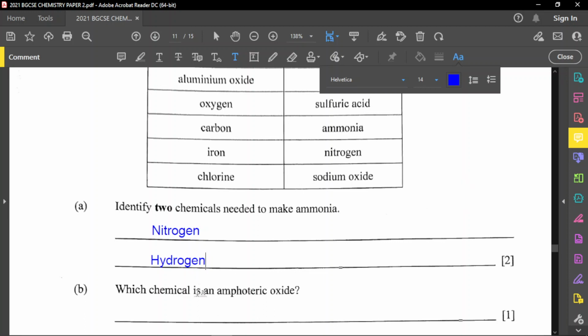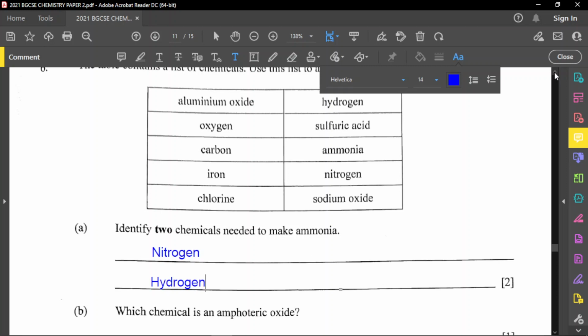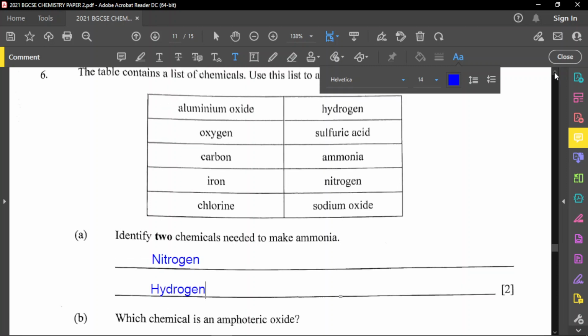It said which chemical is an amphoteric oxide. And remember what amphoteric oxides are. We talked about it in paper 1. And to be amphoteric, it simply means that you can react with both acid and base to form salt. But